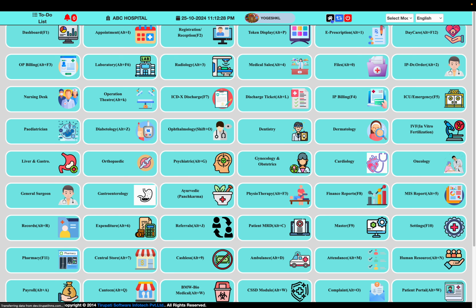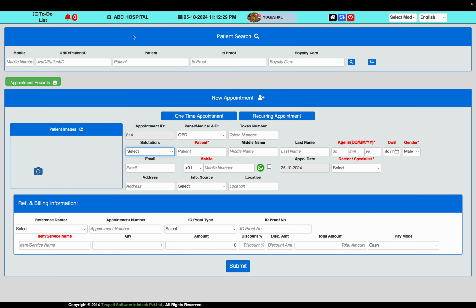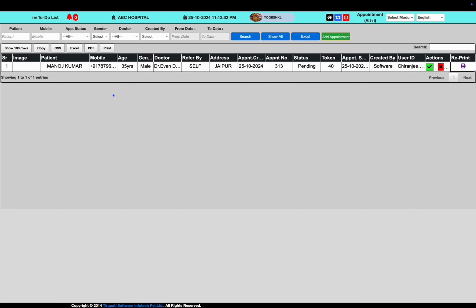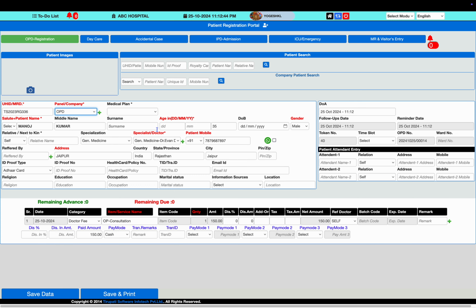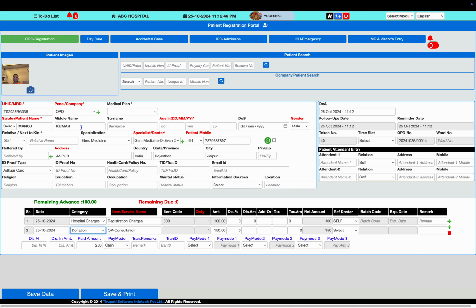Even if a patient's appointment is reserved, that patient can also be registered. For example, this patient Manoj Kumar already has an appointment, and whenever he comes to the hospital reception, the reception staff can click the green tick. The patient details will be redirected to the registration window, and here we can capture the referral doctor also if needed.